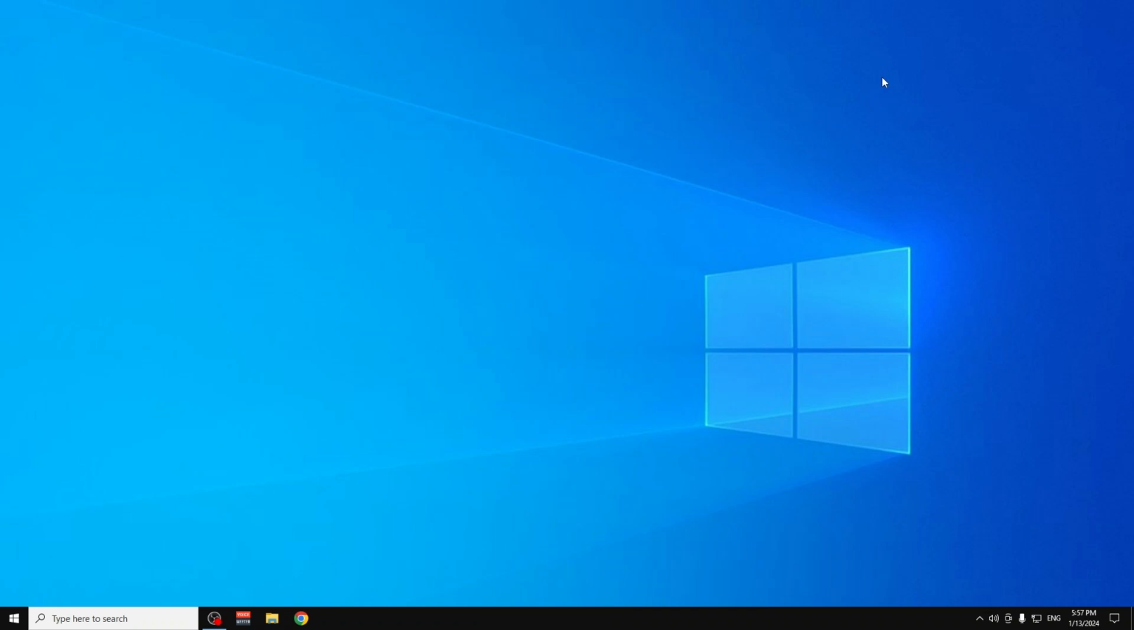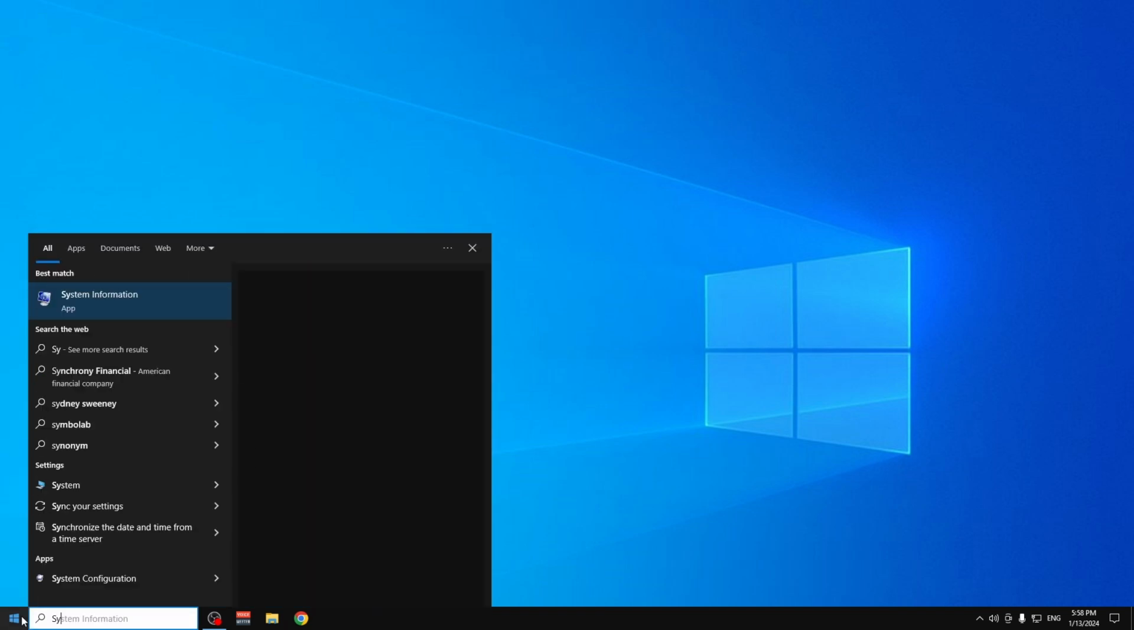Hello guys, today I'm gonna show you how you can see your model name of your laptop, or if you want to see your CPU or motherboard or other components of your PC. And here we go. All we have to do is go to Start and type in system